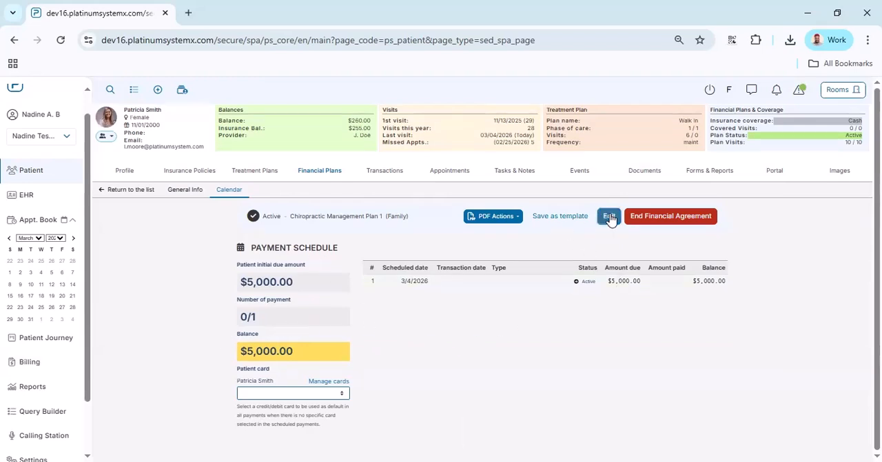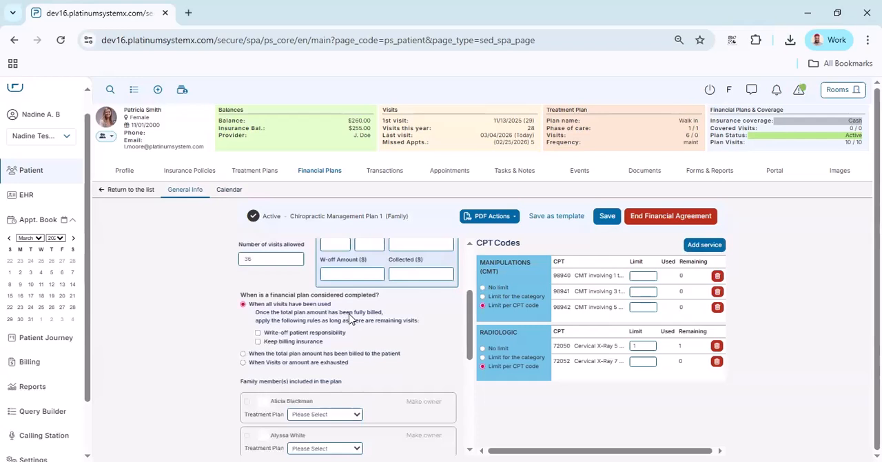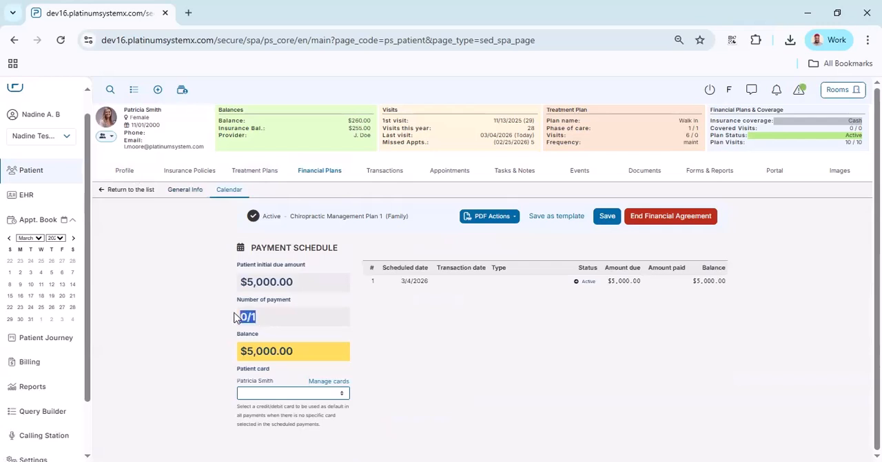So I should have, maybe I can still do it. Let me see, so that you can actually see. I think I saved it prematurely. But nonetheless, the calendar will basically show you, if I had entered 12 here in the number of payments, then it would basically just